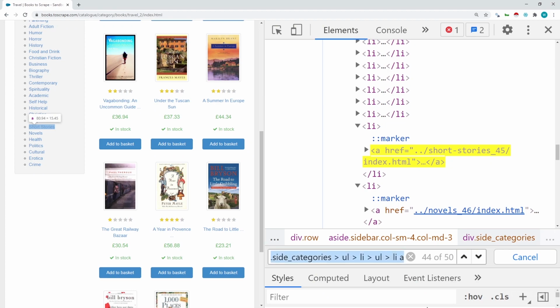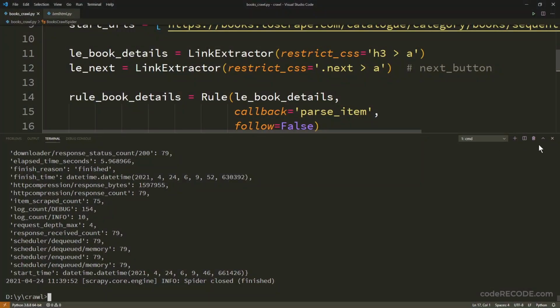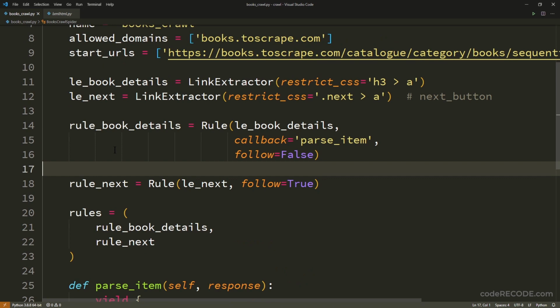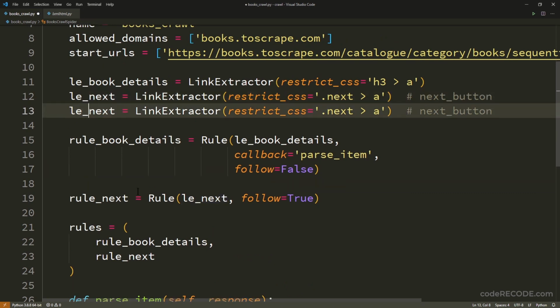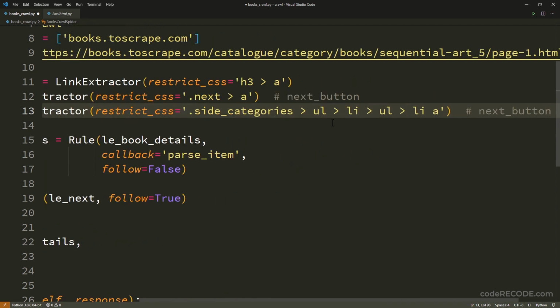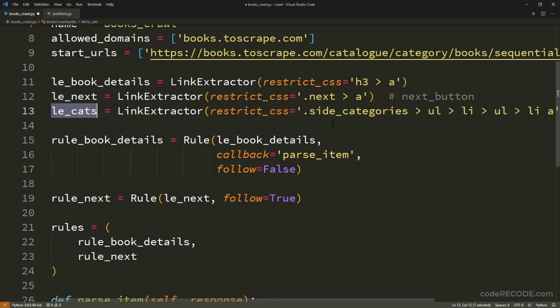So now we have one more rule. What we can do is create one more link extractor, and let's call this categories, or just call it cats for example, just to make it short. And this is the selector. All right.